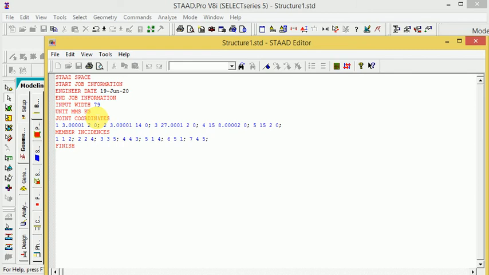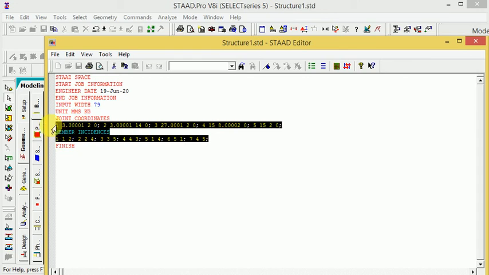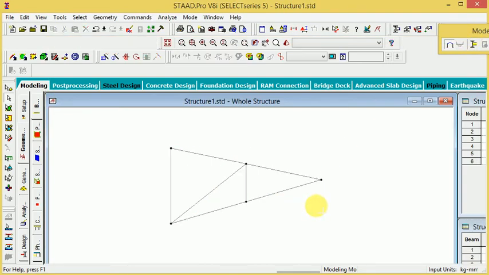So here is the unit, MMS and kg. First of all, make the selection here, then joint coordinates 1, 2, 3, 4 and 5 here, and the member incidence is like that. So this shows how many joints and how many member incidences there are in the graphical method.